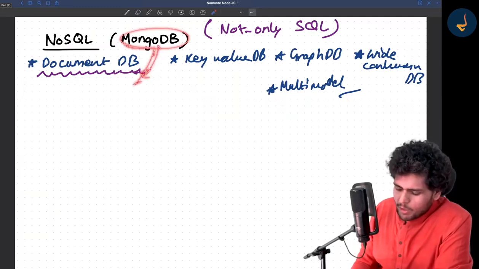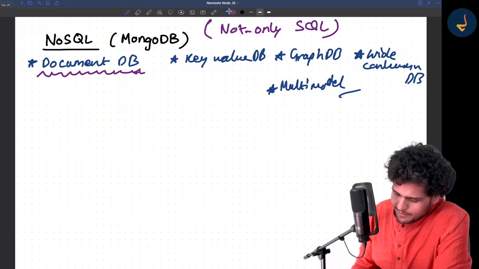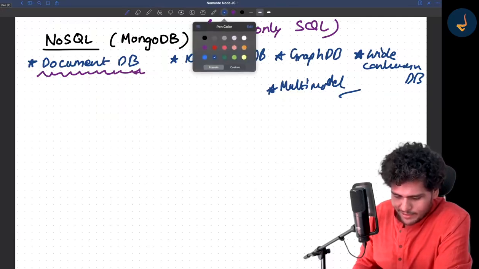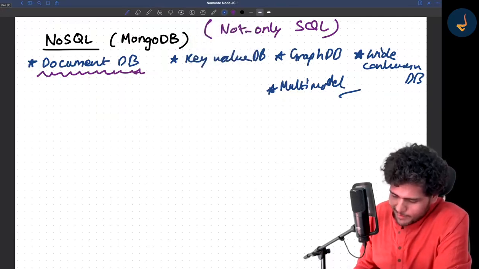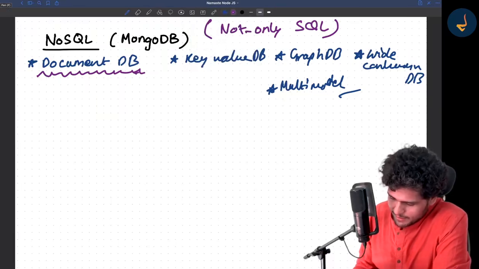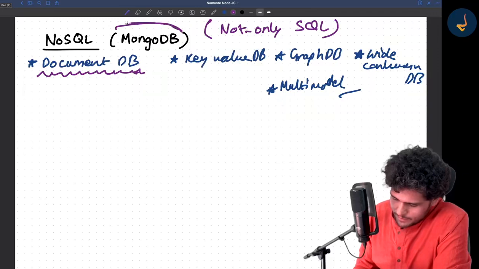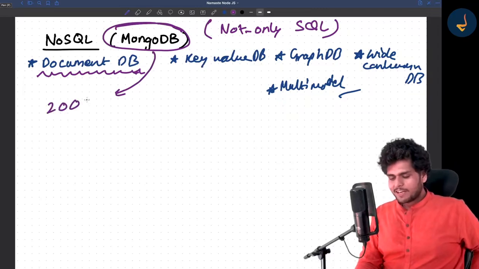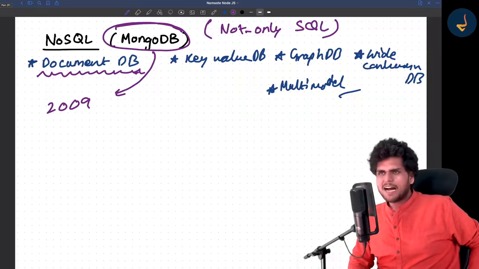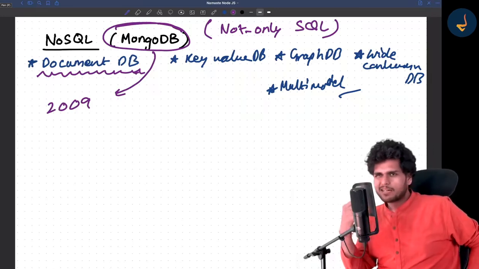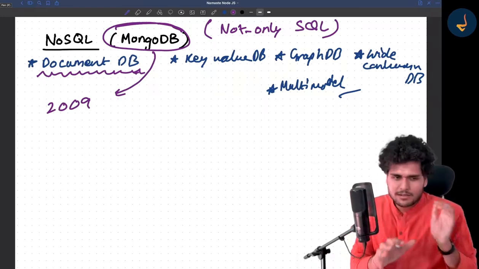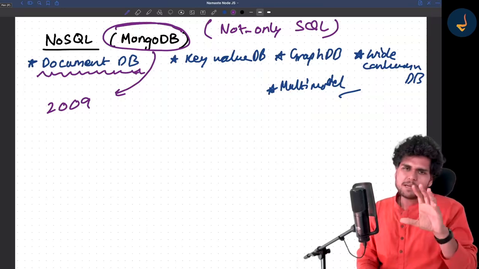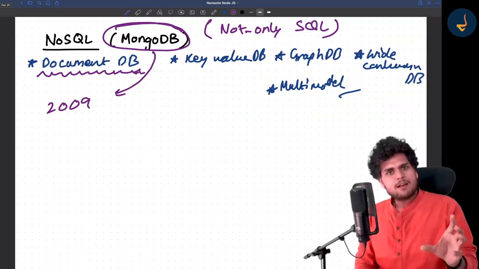Let me talk a little bit more about MongoDB now, when we are talking about so many things. So first of all, MongoDB was created in the year 2009, right? I think it was started in 2007 and then it took 2 years to build MongoDB. I don't know the exact numbers or how it happened, but I remember that in 2009, MongoDB became